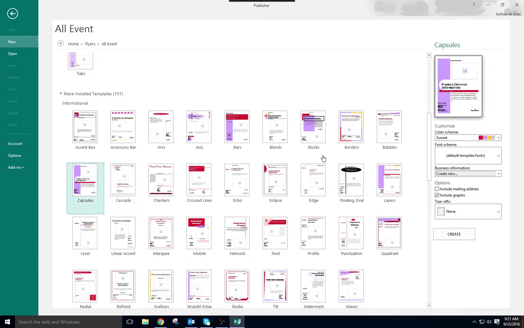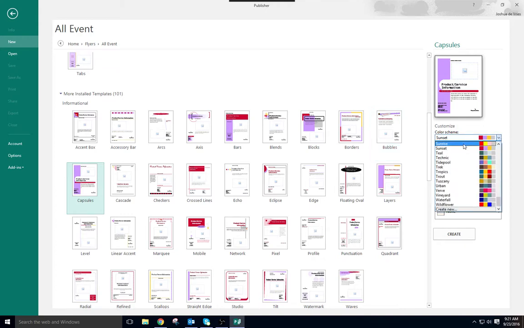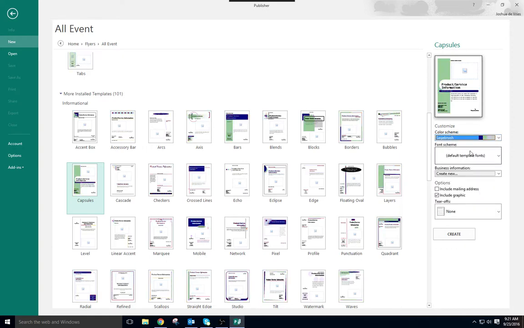And we are looking at the color scheme. We need to select the color scheme to Sagebrush. Scroll up again, and again it's all alphabetical. And then font scheme